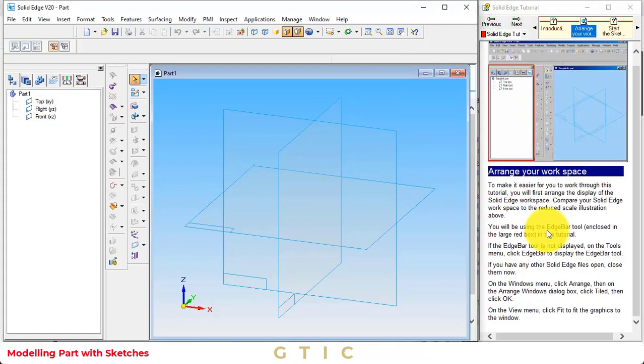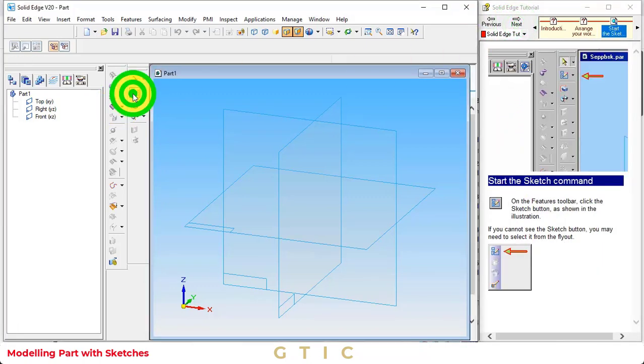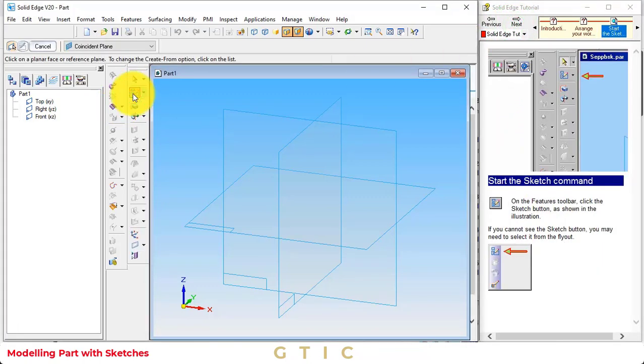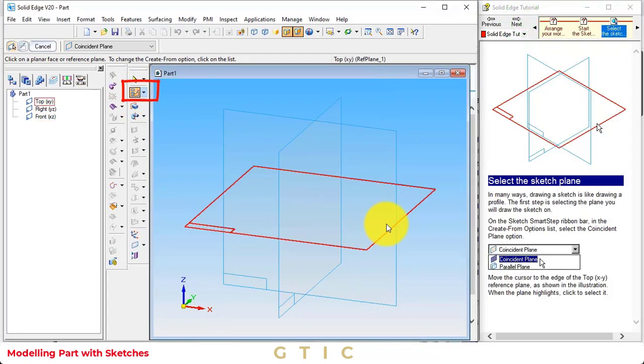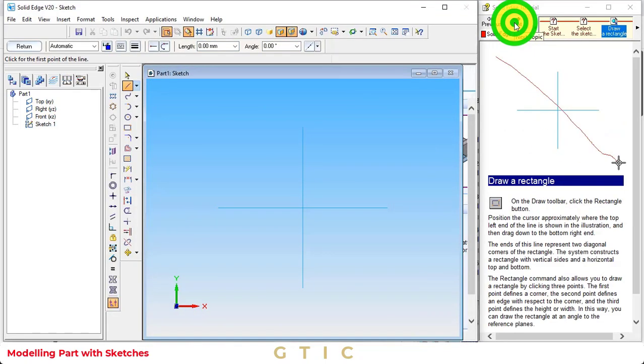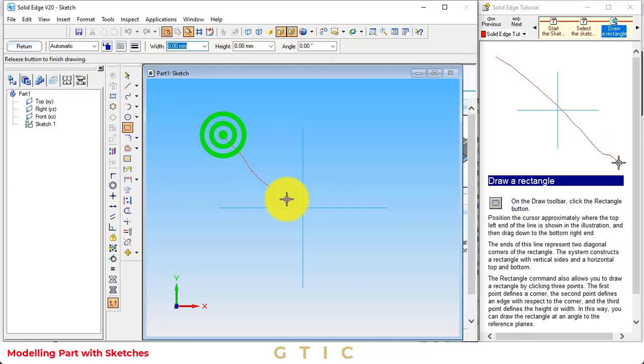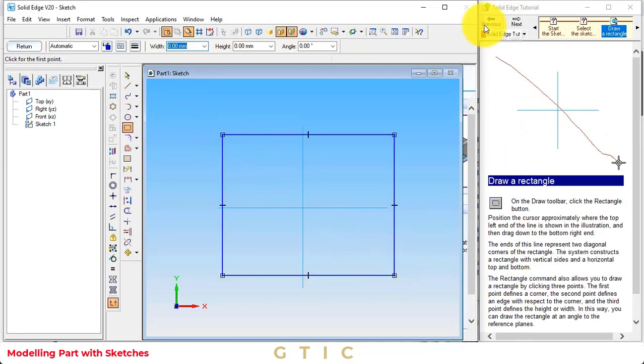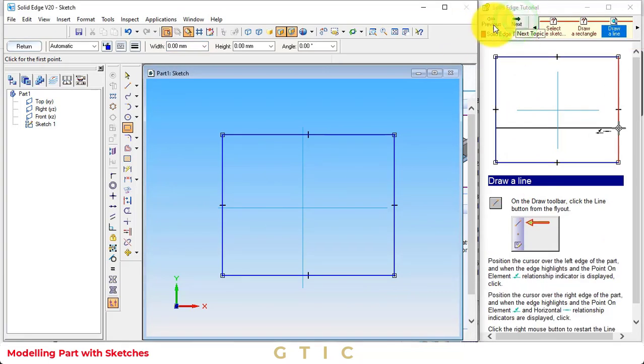So first step is we have to select the plane. Next step is from the sketch command, click on the sketch button, go to next. From the plane, coincident plane, select the plane, then click on the rectangular button, draw a rectangle of a random direction,